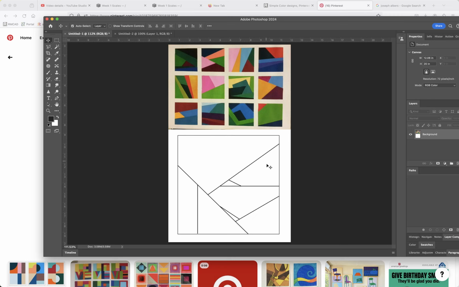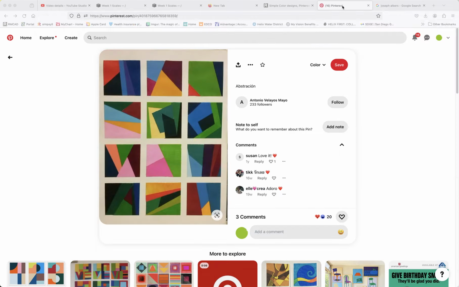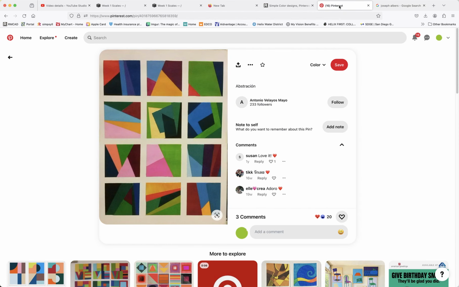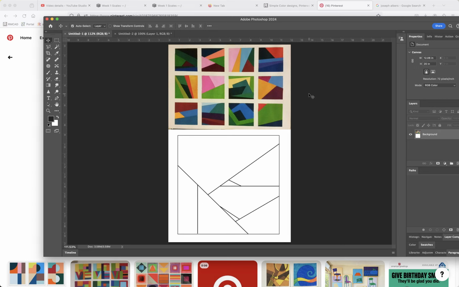But what I was going to say is, you could have a very light composition. You could have a very dark composition. It doesn't have to be contrasty. But this is my start. So I went from finding something that inspired me, whether it's Josef Albers or Peter Halley or Mondrian, and then whether you're using a sketchbook or whether you want to use Photoshop to sketch it out,